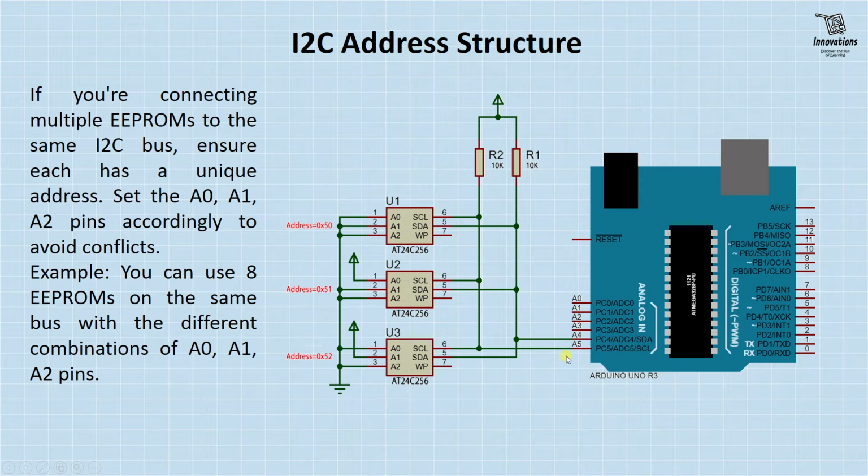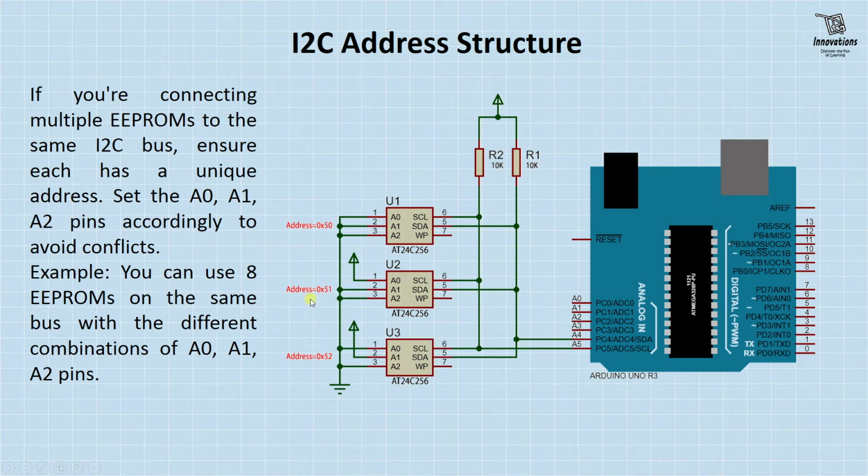See, in this schematic, we are using only 2 wires, SCL and SDA. It's common for all the 3 modules or the 3 ICs. But what we have done is, the first IC has 3 pins grounded, A0, A1 and A2. The next IC has pin 1 to positive supply,